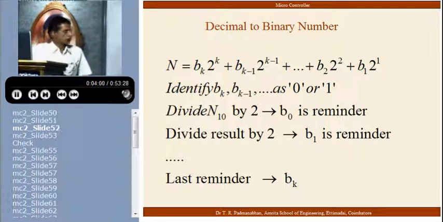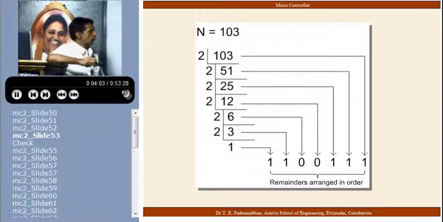Just see here, I take a number 103. 103 divided by 2, as you know it's an odd number, it gives me a remainder of 1. So the lowest bit is 1. When I divide by 2, I get 51. When I divide by 2, I get the next remainder as 1. 25, 12, 6, 3, after that I get a 1 here. That gives me the binary number. Just blindly go on dividing by 2, take the remainder, assign the value of the binary bit.